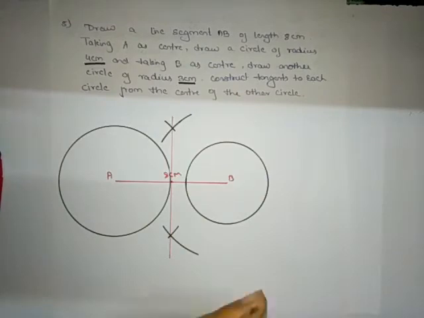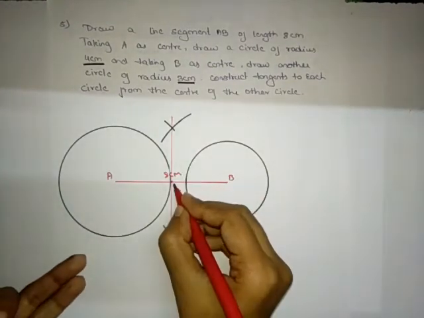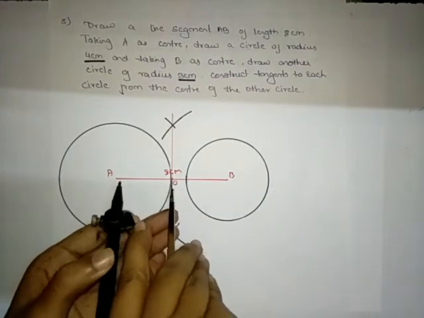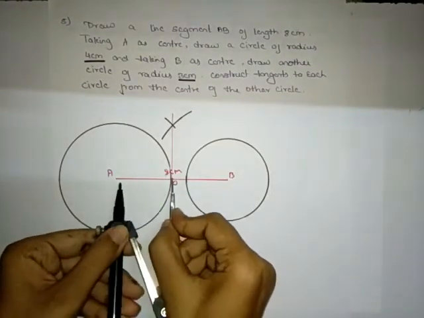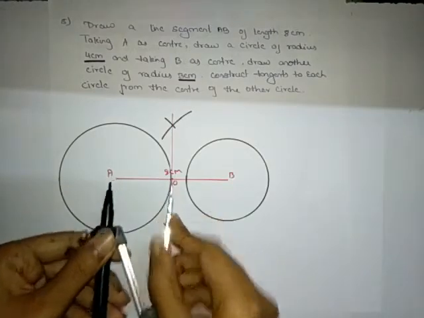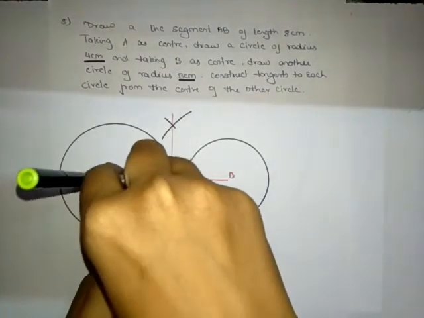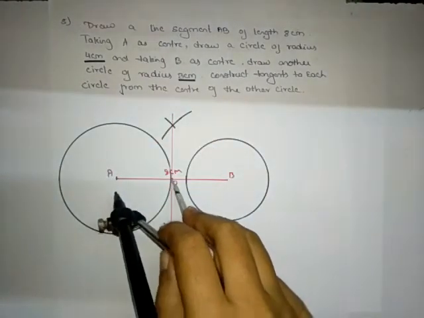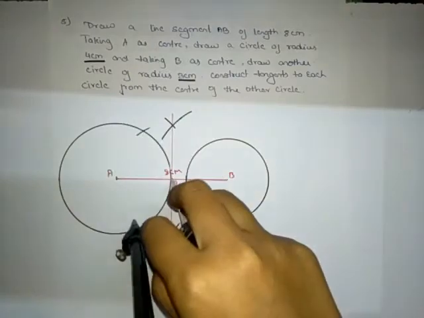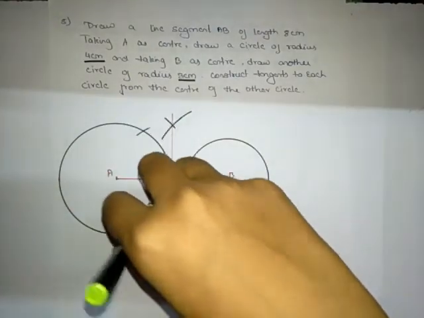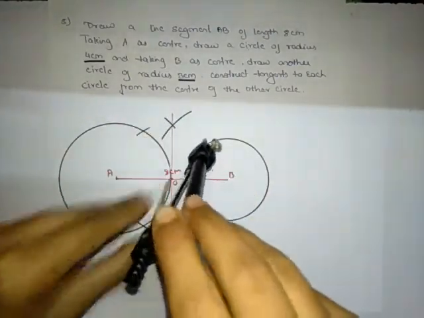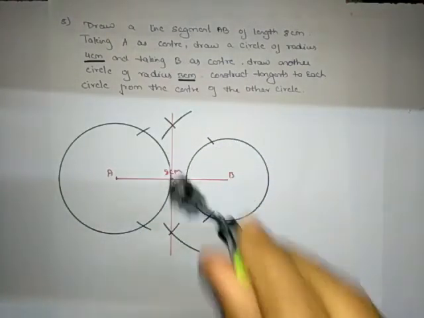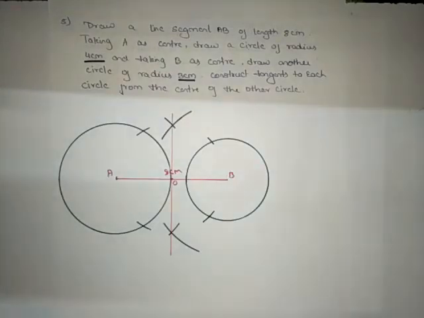We'll call that point O. Keeping the compass at the point O, we'll adjust it to the length of AO. Then we'll draw a circle. This circle is called a duplicate circle, or you can mark only an arc also. For this circle, 1, 2 and another. For this circle also you can do only an arc, or you can draw a circle also. Here I have taken only arcs.